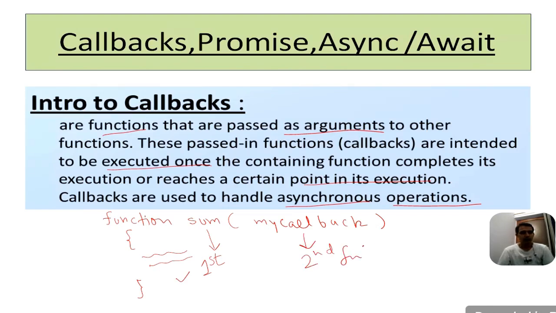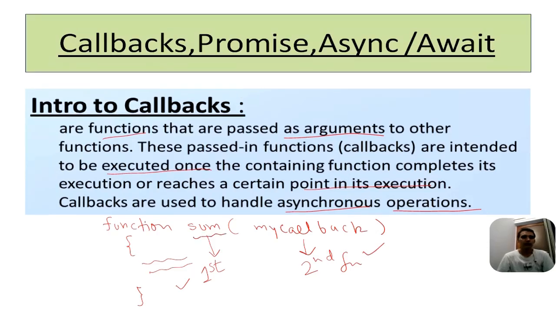So when we pass any function as an argument in a main function, then the function passed as an argument is called a callback function. So what is a callback? When we pass some other function as an argument inside a function, the function we passed as an argument, that is myCallback,